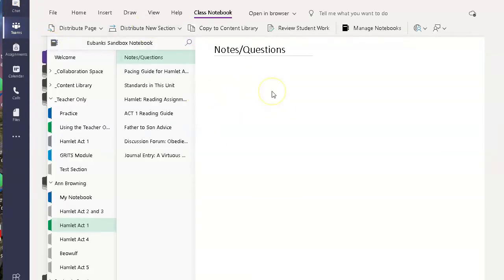This will be a great place for them to take notes as they read through, to jot down questions that they may have. Or you might have an assignment, say, come up with the best purpose for this untitled page. But just keep in mind that each student is going to have that untitled page just because of how the notebook distribution works. If they ask you questions about it, you're able to say, do with it what you will. See, here's one in Ben Faust. He has an untitled page. So it would be great for students to take notes on,